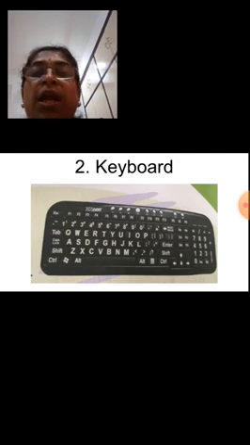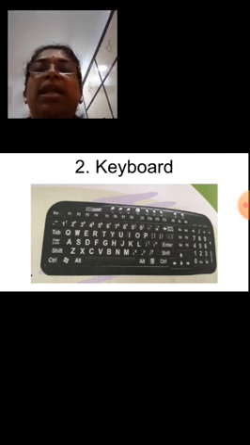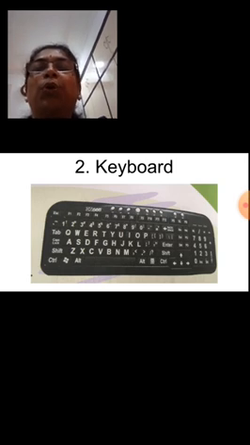Alphabetic keys are there, A to Z, then numbers from 0 to 9. Number 10 is not there. To type the number 10, you have to press number 1 and number 0.